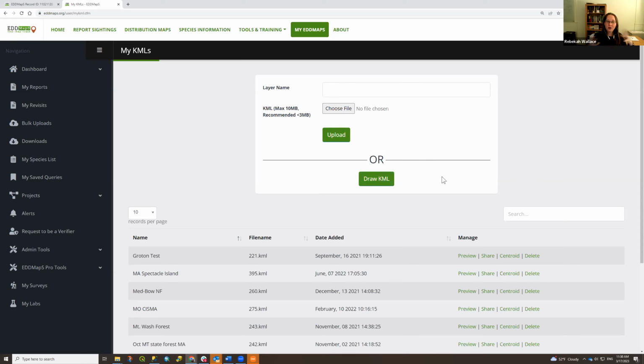And you can share these KMLs, these boundaries. It doesn't do anything with the data. It's just putting a shape on the map, and that allows you to navigate around that shape. So if you're working in a particular area, or if you're trying to avoid working in a particular area, that's where these can come into play when you're using EDDMapS Pro out in the field.